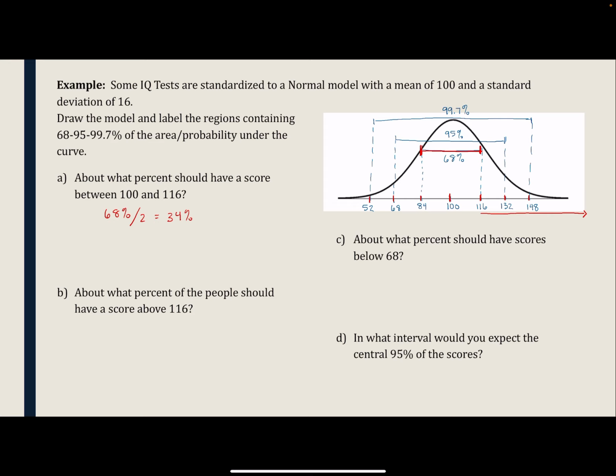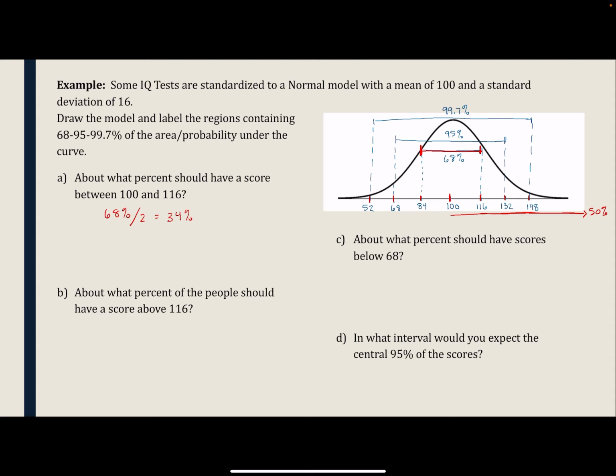So kind of looking past this rule, I know that 50% of the data has to be above 100 and 50% of the data has to be below 100. So if I know that above 100 is 50%,